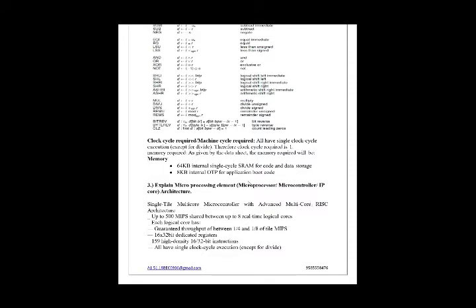Talking about the third question, it's: explain the microprocessing element and its architecture. As we saw in the block diagram itself, briefly, so now in detail. The microprocessing element just contains a single XCore tile, which has 8 logical cores with switches and links, XConnect links. So that's given here, and it follows RISC architecture. That's very important, and it's 500 MIPS shared between 8 real-time logical cores, and there are 16 32-bit dedicated registers,